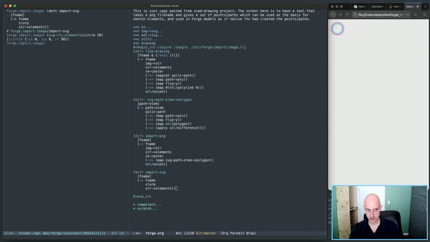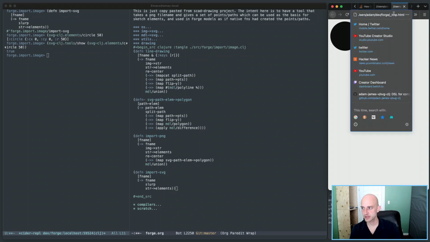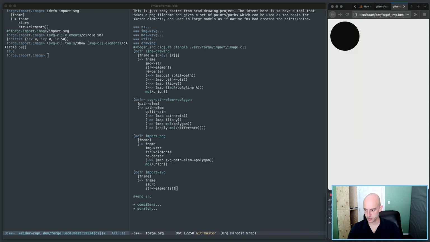So now I just want to think of the fastest way to do this. SVG clj dot tools slash show. Okay, I forget. Okay, so that file does still exist. So let's move temp.html to test.svg. We'll call it sketch.svg. How about that? So now if I slurp sketch.svg,